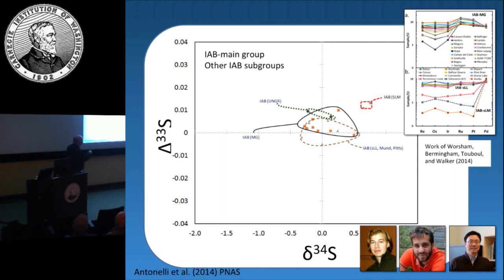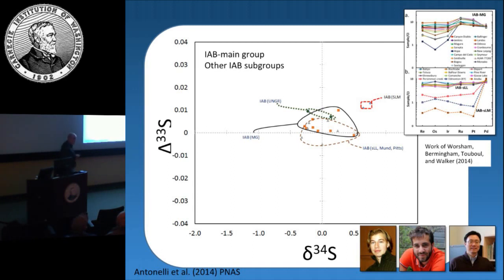And basically what they find is, if they look at the highly siderophile element abundances of these, the SLL group, which I'm going to show down here somewhere, or no, they're here, and compare them with this SLM group, they find that they're distinct. And they also find that they have different ages for metal silicate segregation. So these things appear to be different and distinct, and they may in fact be resolvable. Two points is not enough to tell, but given our current level of uncertainty, I think this potentially could be resolvable. It might not be. We just have to see what happens as we collect more data.